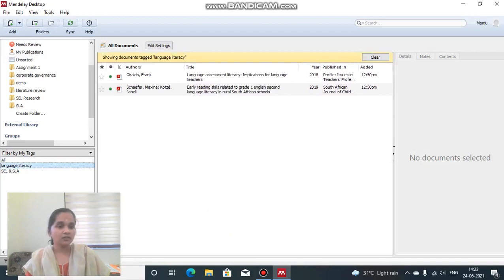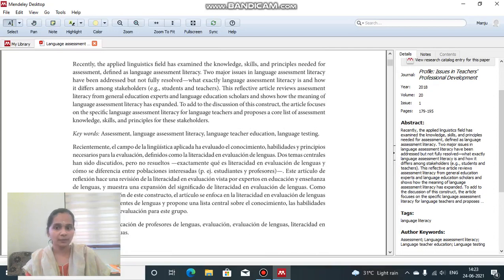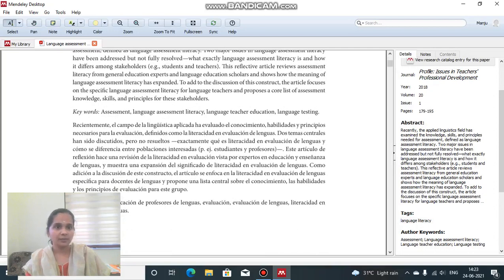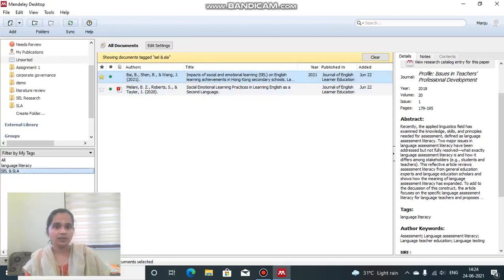When I click on language literacy, these two files which we just tagged appear here. When I open SEL and SLA, you can see two other papers that I had already added under those tags.